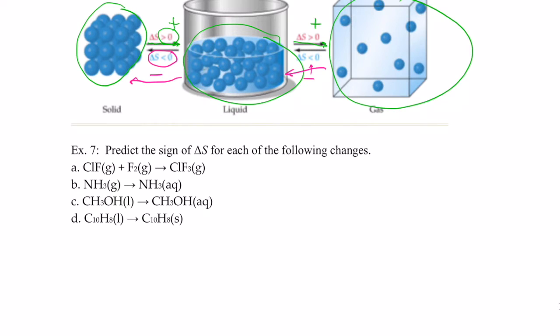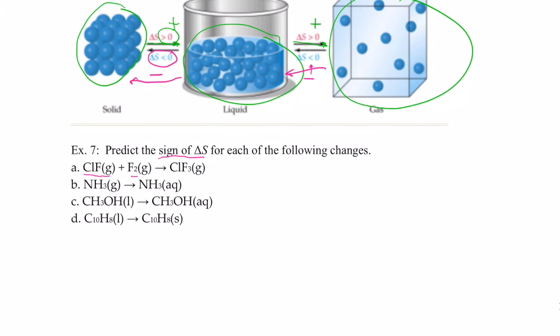So let's try some. Let's see if we can predict just the sign of entropy change for each of the following changes. So I'm going to do letter A for you, and then I want you to pause the video to see if you can do the rest of the problems without my help. Okay? All right, so letter A,